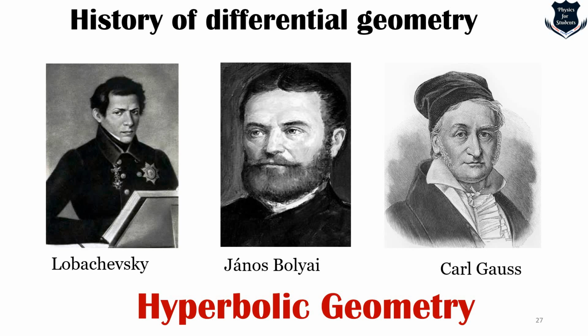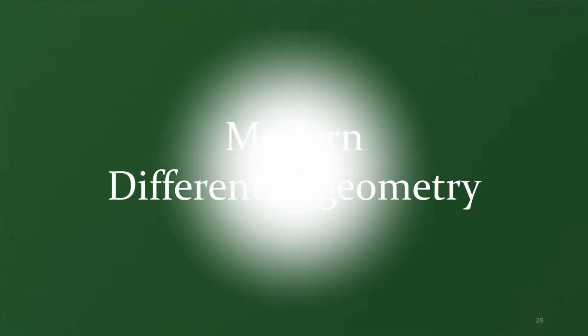community. Now, this was during the era when Lobachevsky, Bolyai, and Carl Gauss were deducing and finding out hyperbolic geometry. This restricts us to the classical era. But what we do now is called modern differential geometry. In this part of the video, we will be going through a wonderful journey to know some of the very important contributions in modern differential geometry. So the subject of modern differential geometry